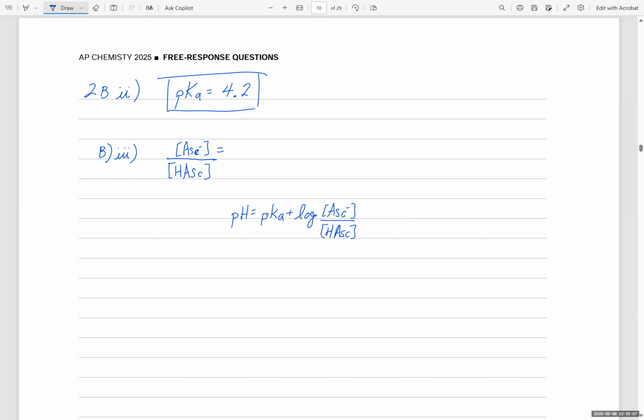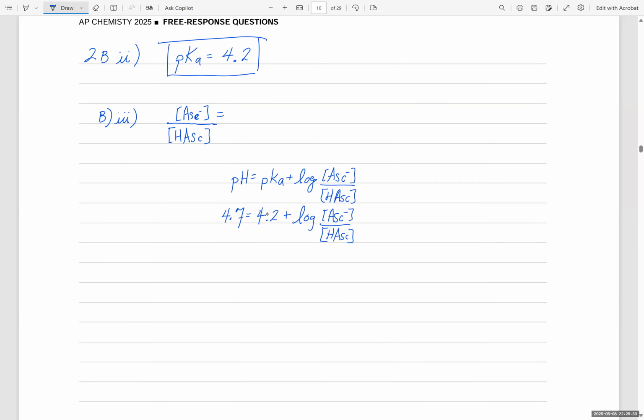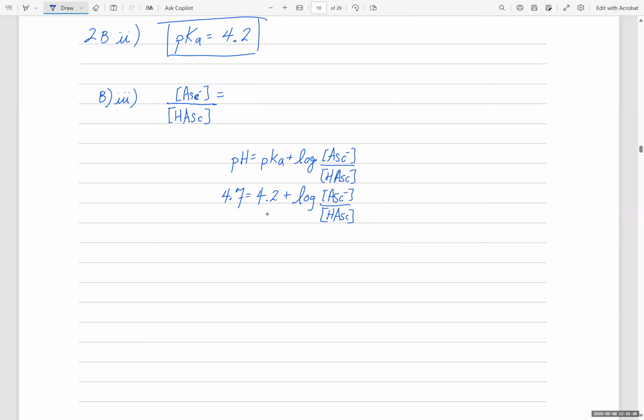All right, so what do we got going here? We got the pH, which the problem said is 4.7. We got our pKa, which, at least the way I called it, is 4.2 or 4.1, depending on what you want to call it. So it's going to be log of ASC minus over HASC. Moving the term onto the other side,